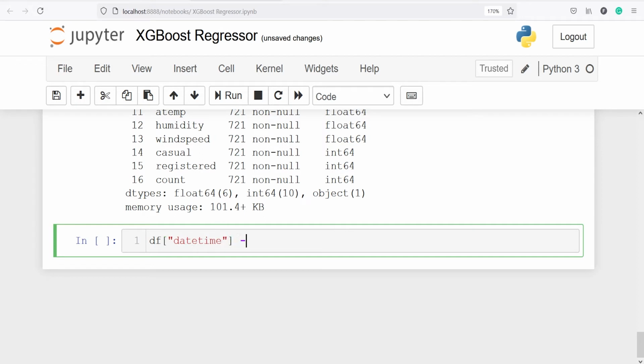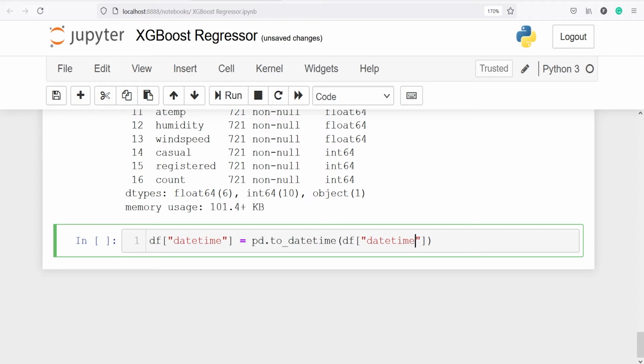Then from pandas I will call the method to_datetime on df of datetime. This will convert our variable into a datetime format.